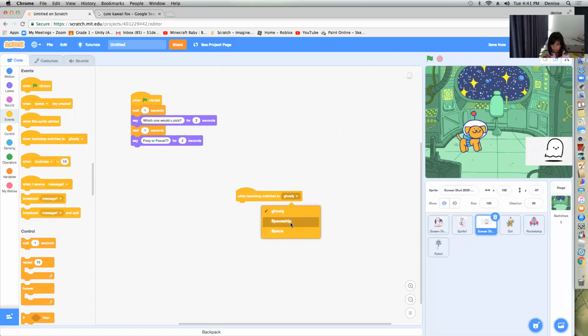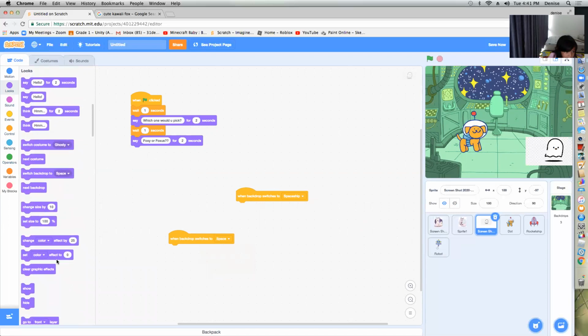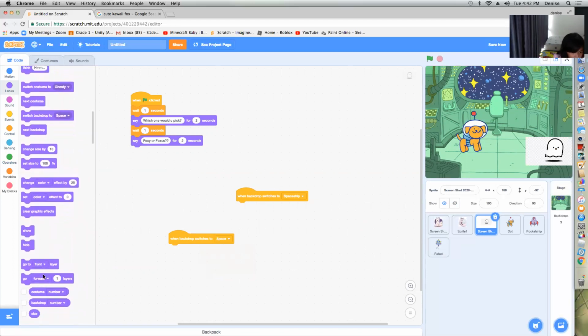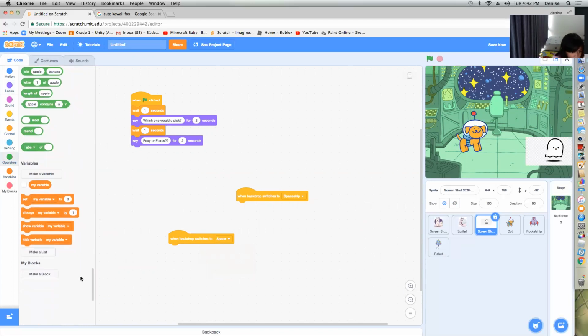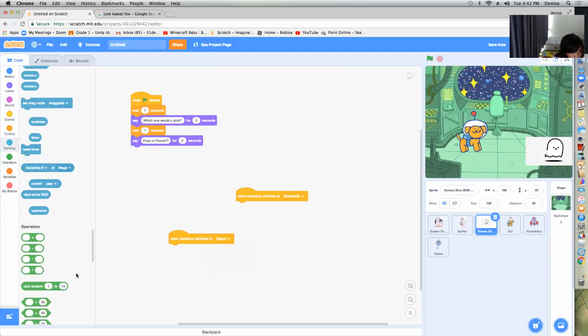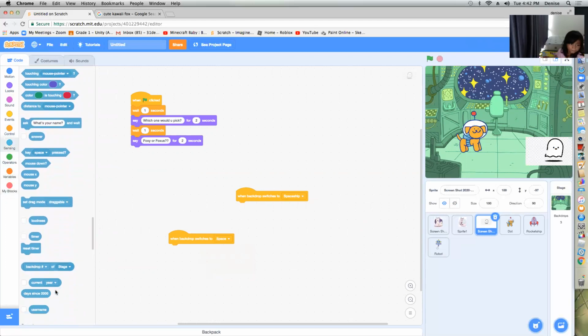The backdrop switches to spaceship, backdrop switches to space, touching.